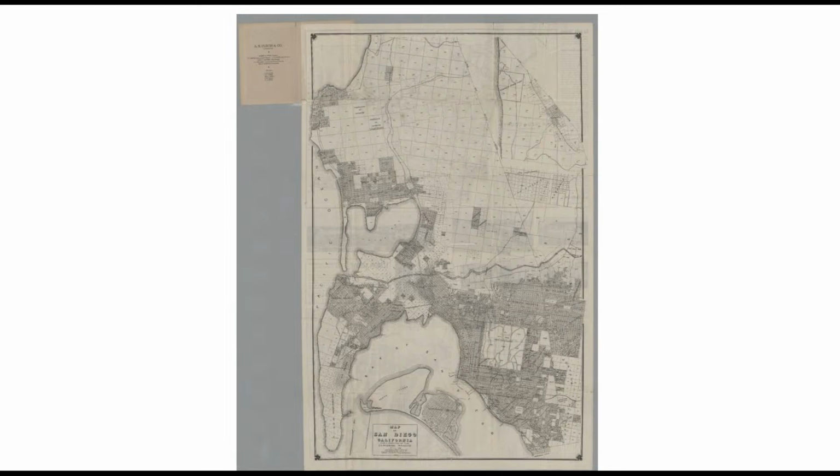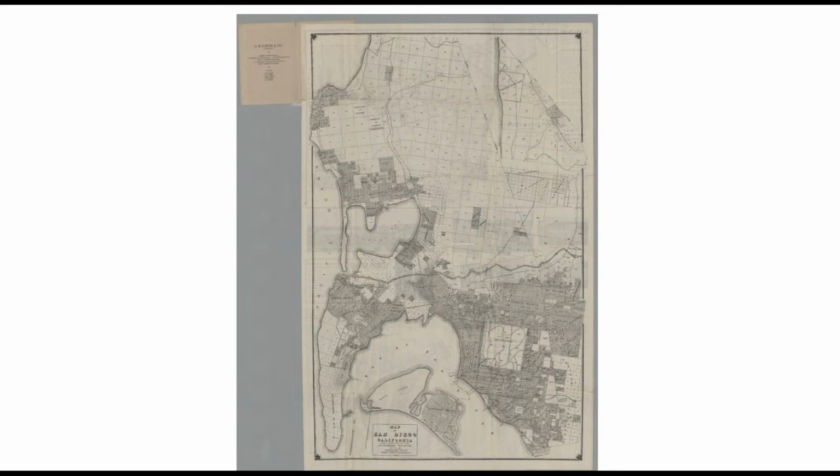Now, this is an earlier question of maps. This area here, Old Town, these developers had dreams of what they would ideally like to do. So they would submit their plans and the planning department would approve it. And then map makers would go to the planning department and say, do you have maps we can use in putting together our map? So the map for Old Town shows all these streets going right through Presidio Park,